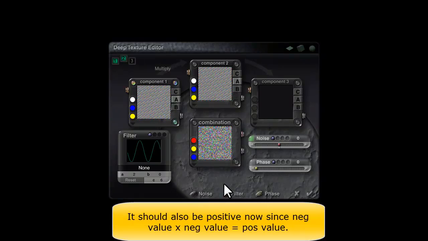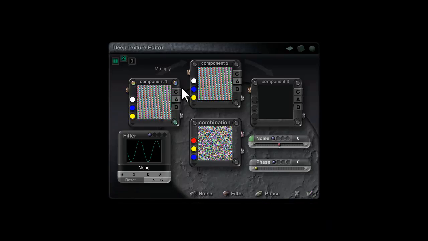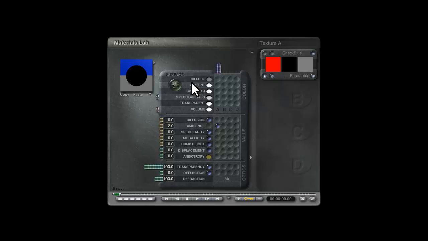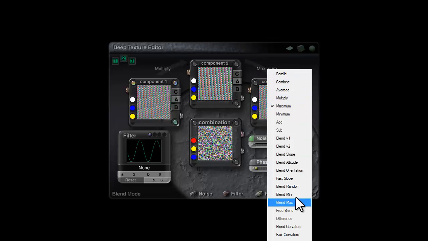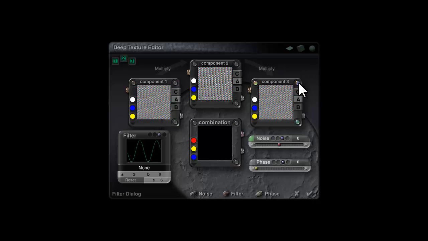And now this is an extreme level of output, unmanageably so, but it starts to have different effects than just the high negative output. So here it's gone fully black, even though it's very high positive, so it's obviously affecting the way that the material is handled in a different way. But it's too high to do anything with. So in this case I'm going to take this component here and multiply again, and then just set this one